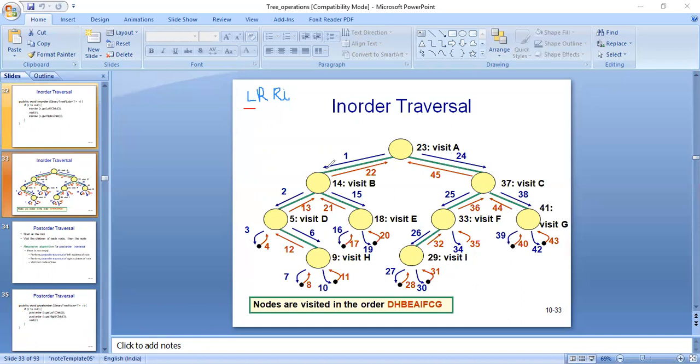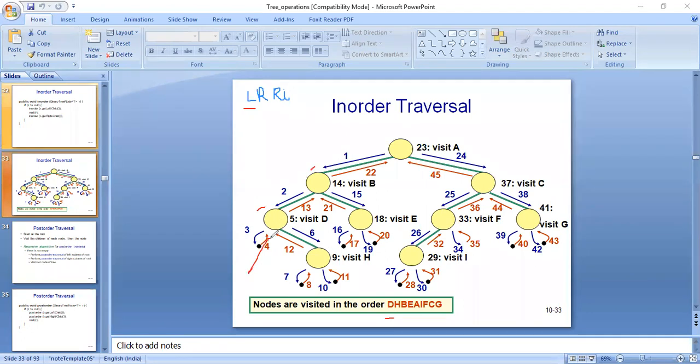So left, under left side we are having B. B is again having two child, left and right. So we will be going to the extreme left. So this is left, and D is not having any left. So we are here visiting D first, then we will be visiting the root node. So here left is what? D. Then afterwards we will be visiting root. Root is your D. It is not having any left. We have visited D. Then we will be visiting right.